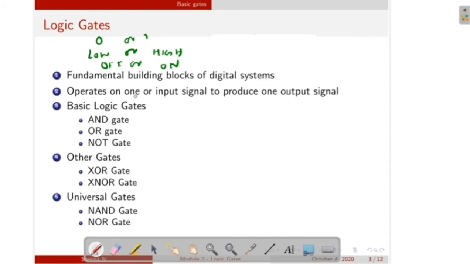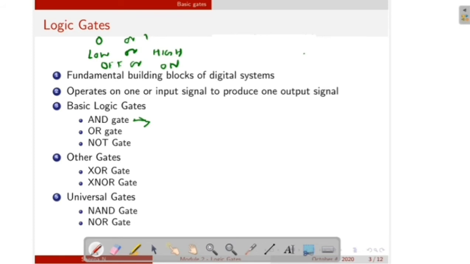There are a number of logic gates, and each gate is designed to perform a specific operation. That means in the case of an AND gate, it performs some operation based on a combination of the inputs. For a specific combination of the inputs, it produces some output, and for another combination of the inputs, it produces another output. That means the output may be 0 or 1. Here the inputs and outputs are only zeros and ones.